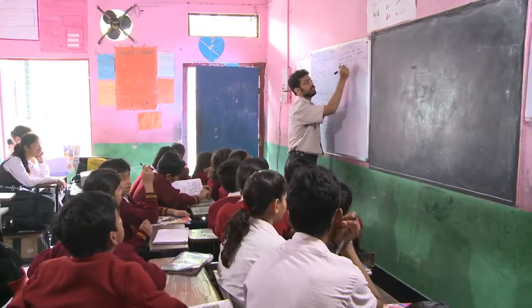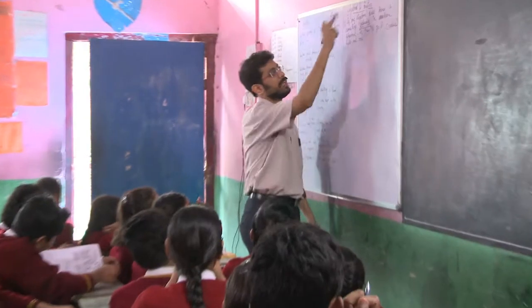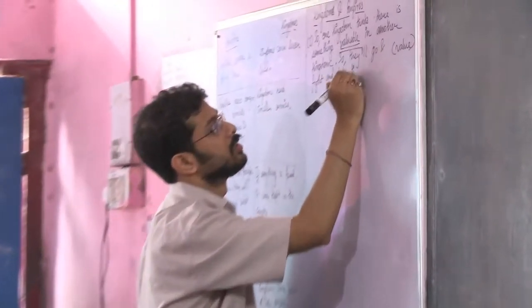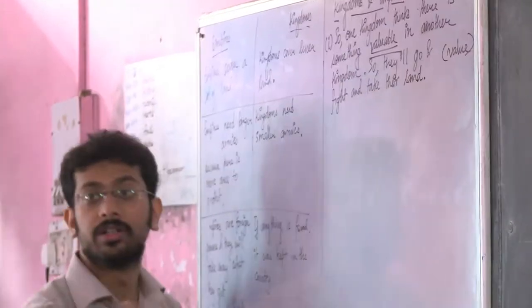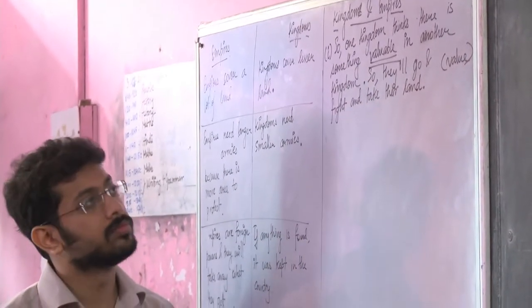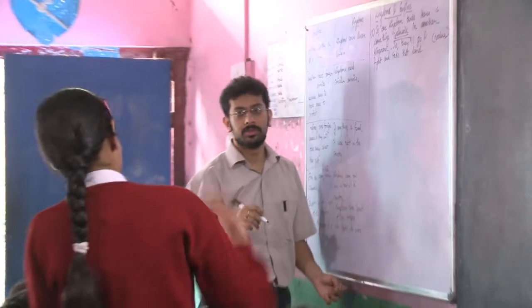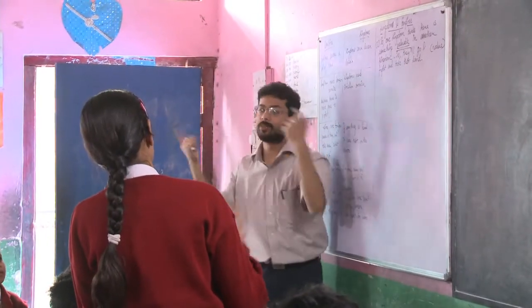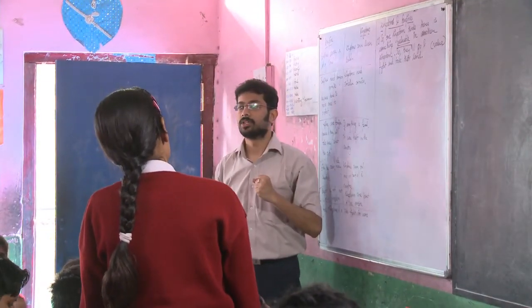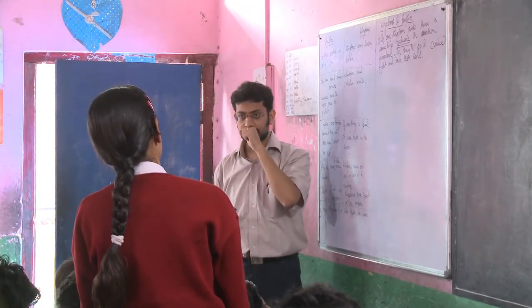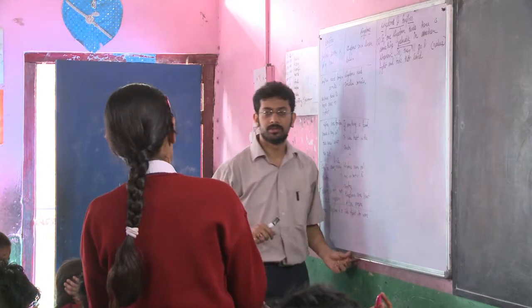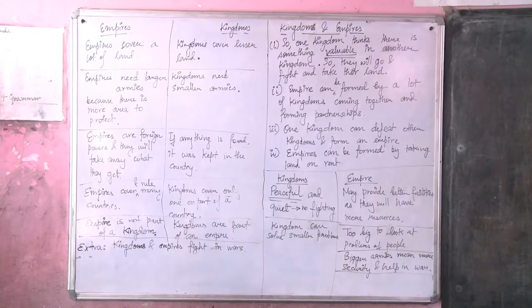Now, what I'd want is for Iram to explain this point. Read it fully and then explain it to the class. So one kingdom thinks there is something valuable in another kingdom. एक kingdom सोचता है they